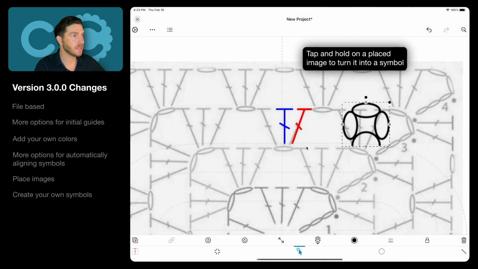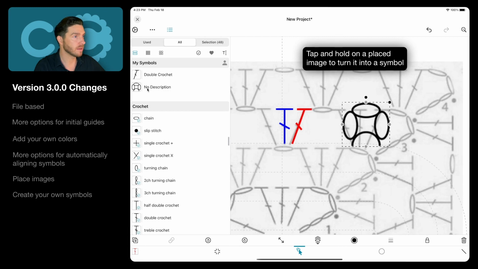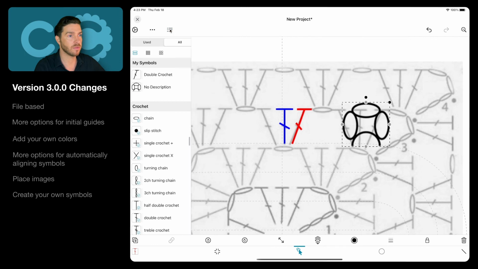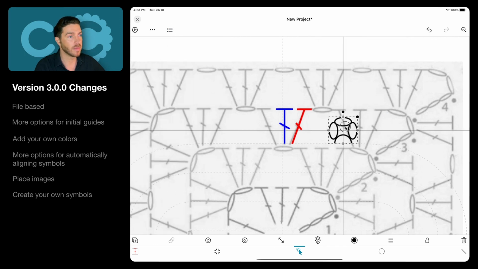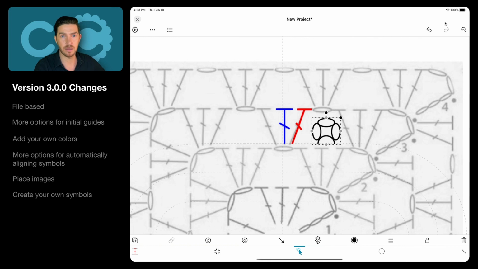And as you can see, it also shows up in my legend and also in your tools. So you can also create a symbol from any image you find online or whatever. But make sure they're PNGs, so they have transparency to them. Otherwise, you can't change the color, etc.